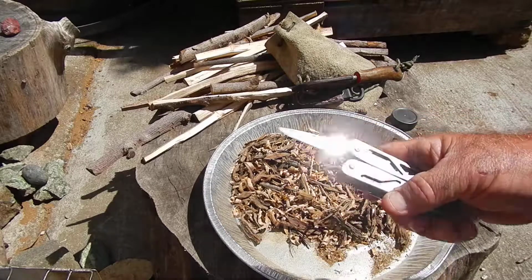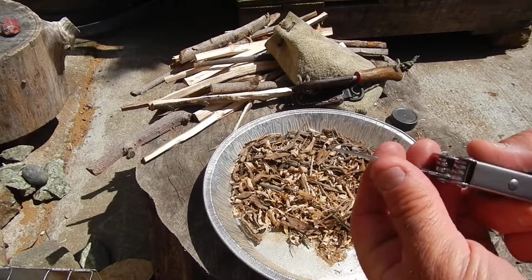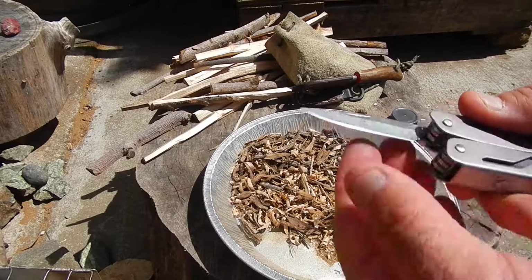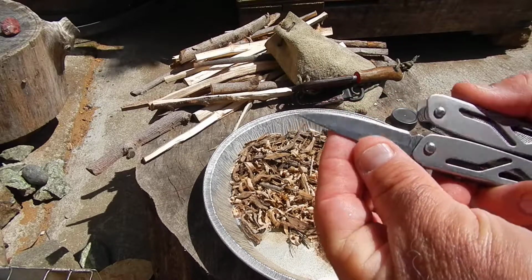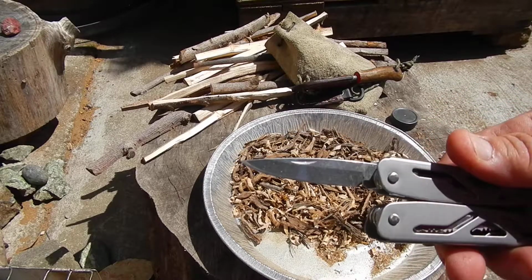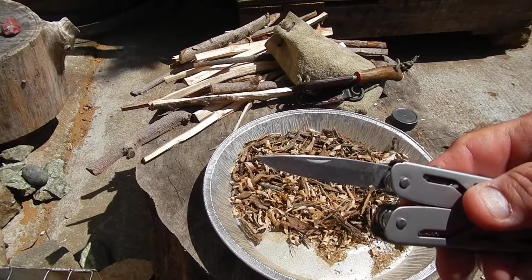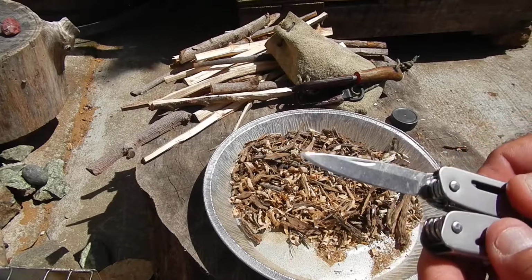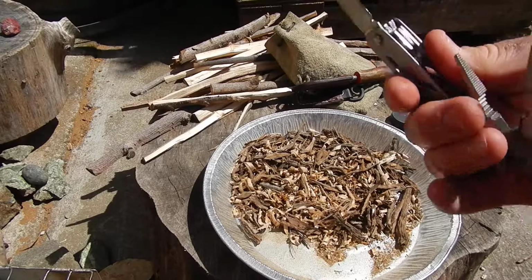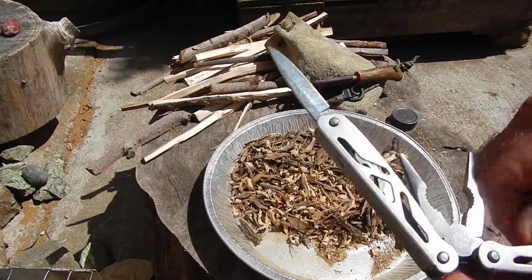So I did not mention last time that I had sharpened the knife up. I put it on my stones and it was easy to sharpen. It's not a real hard steel. Again, it's probably just generic 420 stainless. It seems to be holding the edge pretty good. Had a little more difficulty sharpening the